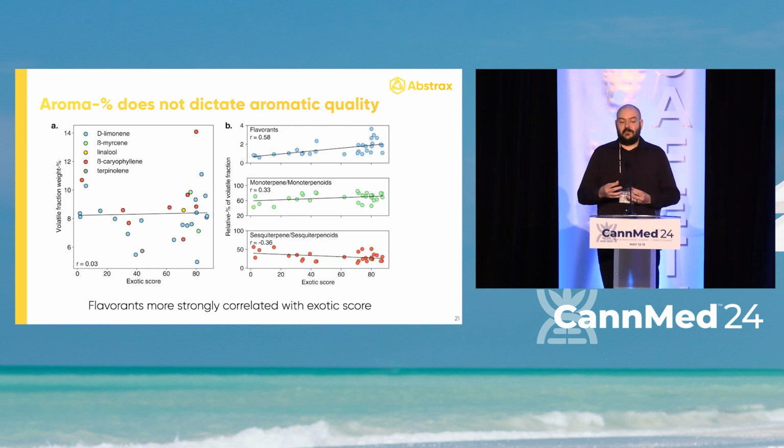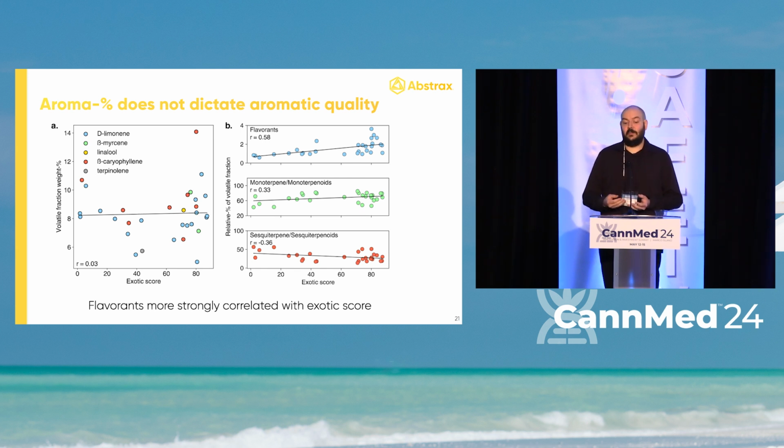What I want to see is whether aroma percent and some of these specific major classes of compounds dictate aroma quality. We know they don't push the exotic notes, and it's not correlated to the exoticness of cannabis samples, but does it relate to the aromatic quality of the sensory panel? So we're relating the aromatic fraction weight and the exotic score, and you don't see,